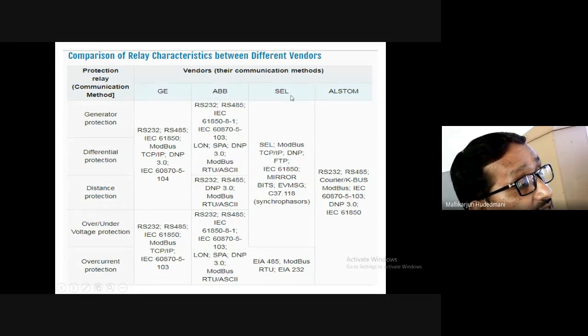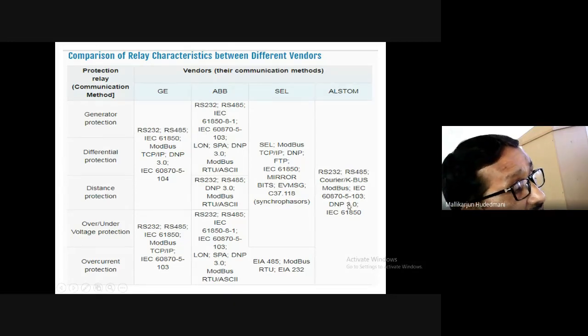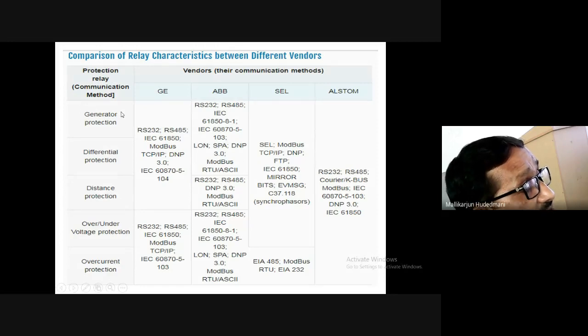Then another is SEL. So SEL, Modbus, TCP/IP, DNP. These are the areas where they are working to meet the requirements of protection. Then Alstom. Alstom is another corporation. GEC Alstom is a venture in India. This Alstom is also producing so many equipment for all the variety of protections, RS-232, RS-485, and Courier, K-bus, Modbus based protocols. They are practicing these in their hardware, so that those devices are configured on the system to serve a certain application with this language of communication.